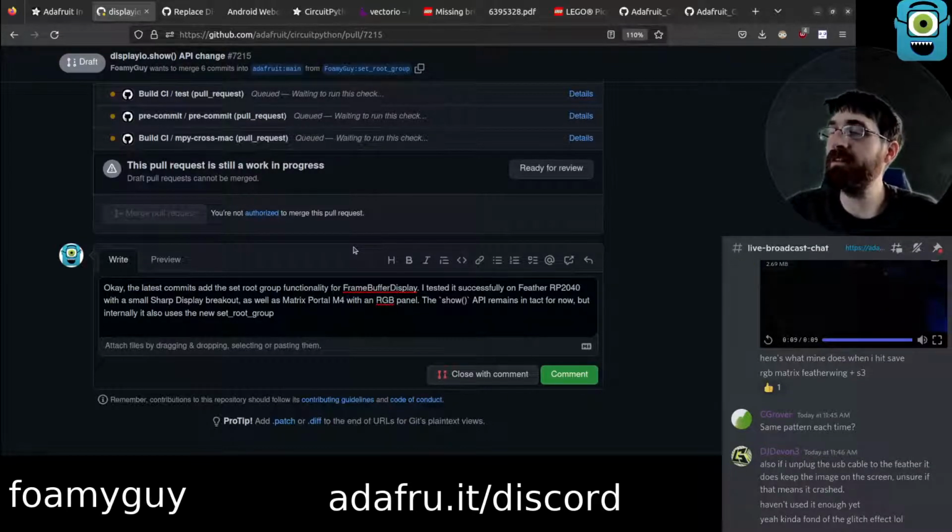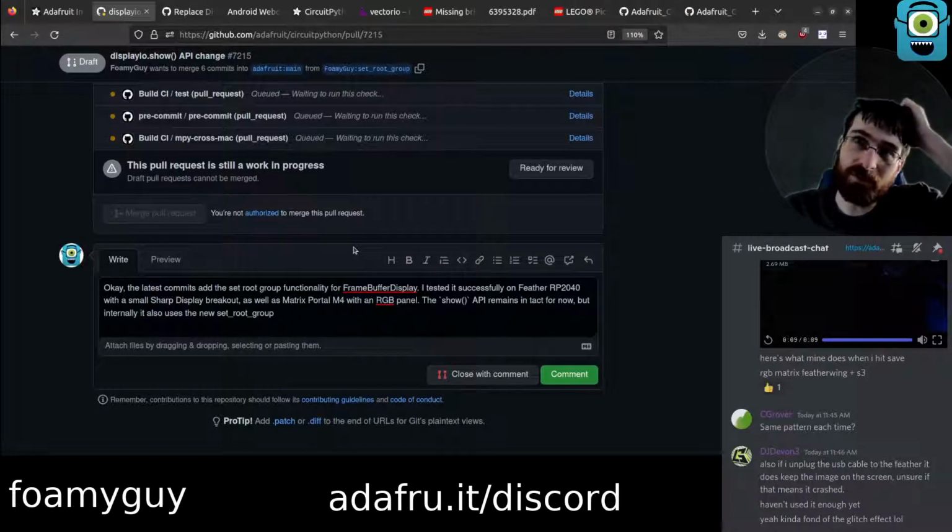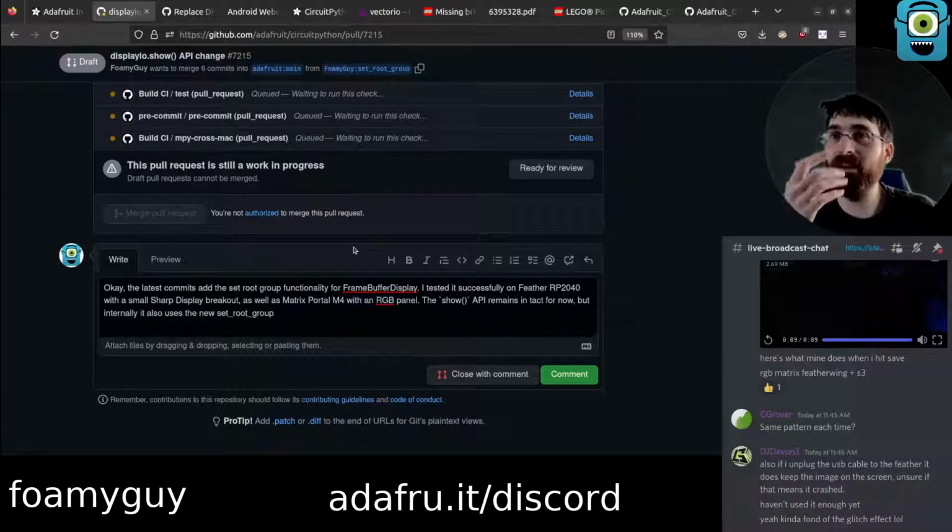Kind of fond of the glitch effect. Yeah, I think it's pretty neat. I kind of like it. I mean, in a real world project where you're trying to get it installed or use it regularly, it'd be good to have it not do that, so people don't ask about it and stuff like that if it's on display or something. But as a widget, I do kind of like it. It adds a bit of amusement to it for me. One of these days, I imagine we'll probably track down the best way to deal with it, though, and try to minimize it as best we can.